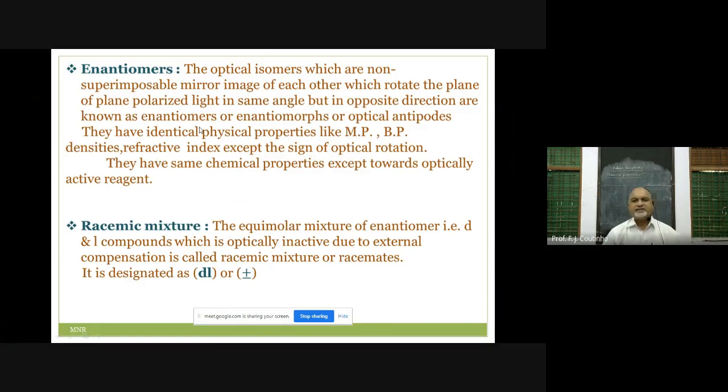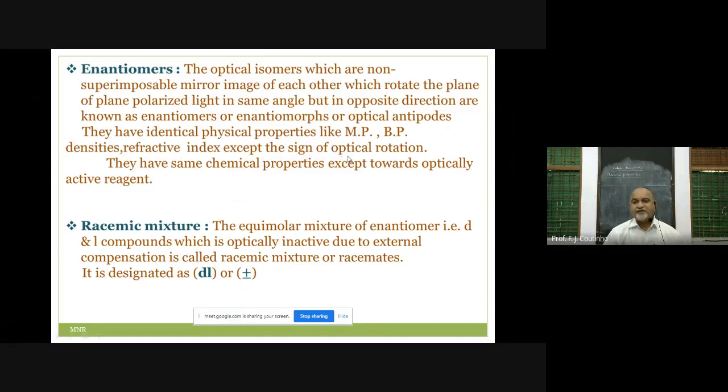So they are known as enantiomers. So 2-chlorobutane and lactic acid are a very good example of these enantiomers. Now these enantiomers have identical physical properties like melting point. If you see, why they should have identical, because nothing is changed, only the angle, only the direction is changed, that is opposite, positive and negative. But all their substituents are same. So they have the same properties, that is melting point, boiling point, densities, refractive index,